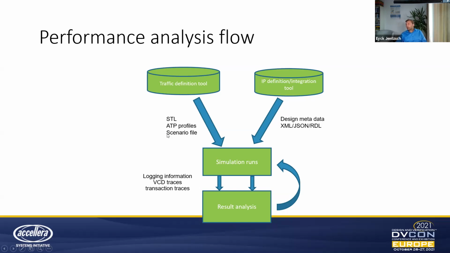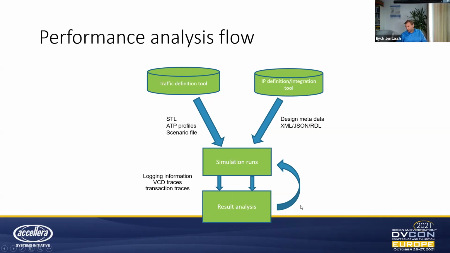With these profiles, you can basically drive these traffic generators in your simulation. As I already mentioned, it really helps to get some additional metadata from the design. Sometimes you also just have the IP itself, but most likely you will have some amount of third-party IPs, maybe also your own IPs that you want to integrate. The integration itself is more the subject of what I had been talking about. But then we come to the point when we can actually run simulations